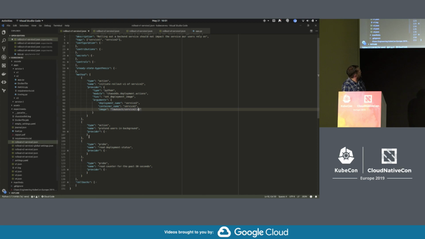What we'll do after that is run some load test. It doesn't have to be high impact, just something that you casually run against your system. So here, this one is going to simply talk to the system every 3 seconds for 20 seconds, something like that. At the end, here we have a probe. That probe is simply collecting data. Here we're going to look at the Kubernetes pod status, or deployment status actually, and that will tell us whether or not we actually changed the image. So all the data is there, but you need to collect it as you run, otherwise you can't actually compare or correlate.